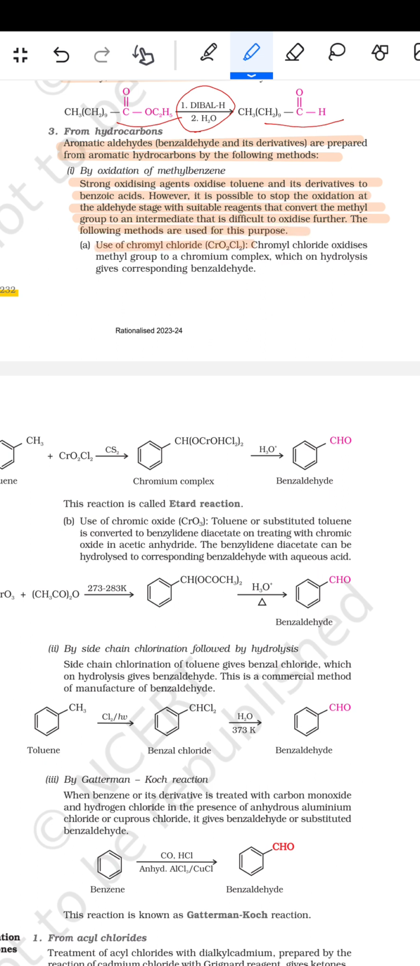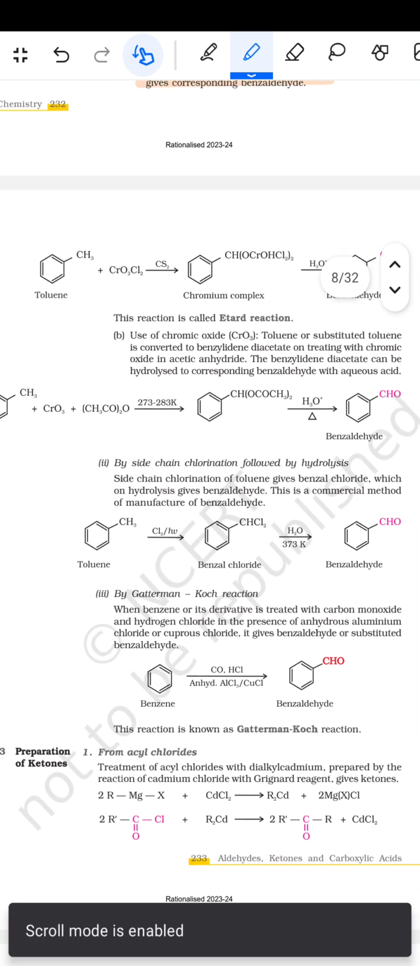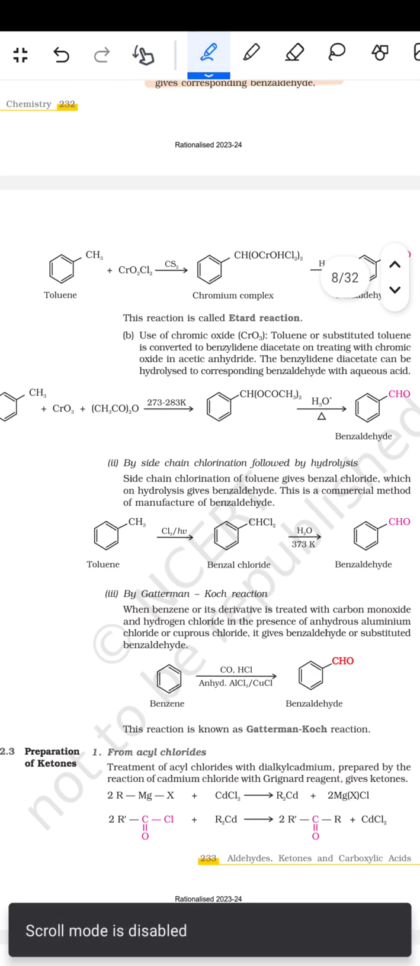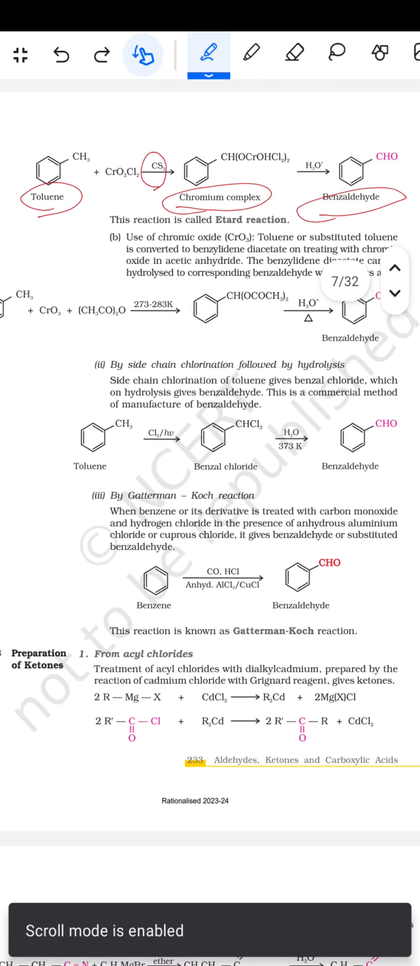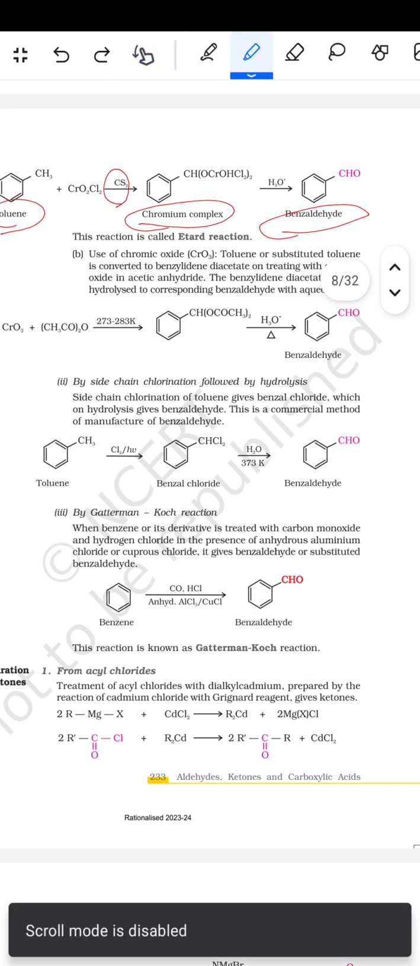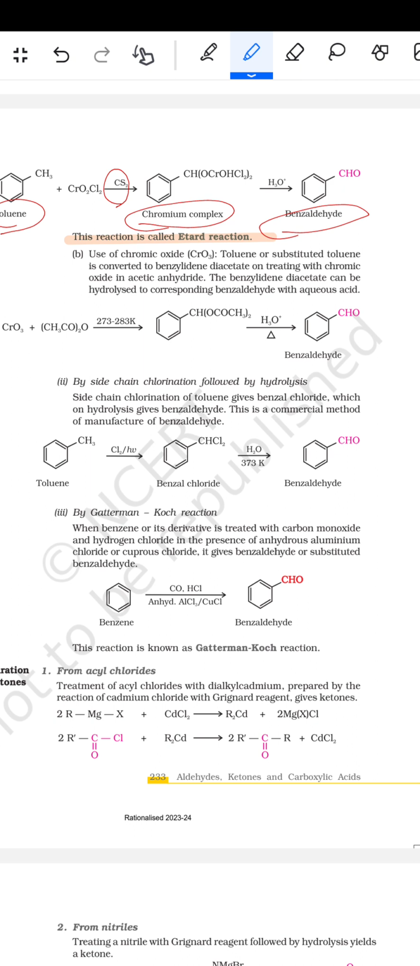The following methods are used for this purpose. पहला यूज ऑफ द क्रोमाइल क्लोराइड CrO2Cl2। Chromyl chloride oxidizes methyl group to chromium complex which on hydrolysis gives the corresponding benzaldehyde। तो टॉलिन में CrO2Cl2 डालें, CS2 डालें, क्रोमियम कॉम्प्लेक्स बना, फिर H2O डालें तो बेंजा एल्डिहाइड बन गया। उसके बाद फिर दिस रिएक्शन इज नोन एज द Etard रिएक्शन।